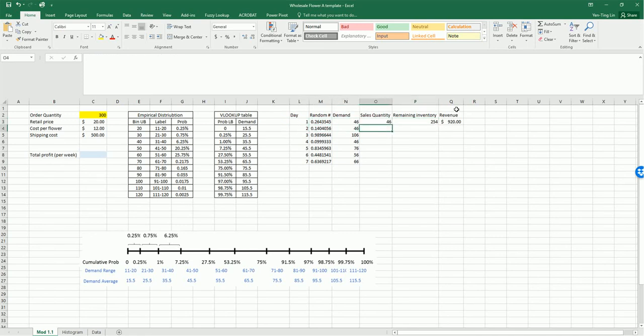So the actual sales quantity next day is simply the minimum between the actual demand and the remaining inventory. The remaining inventory for the second day is simply whatever remained from yesterday minus the actual sales quantity on the second day. And finally,